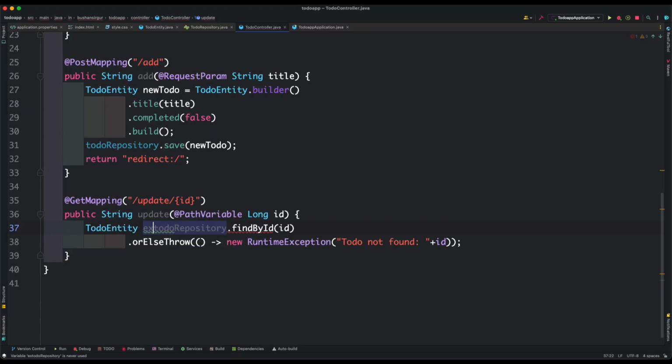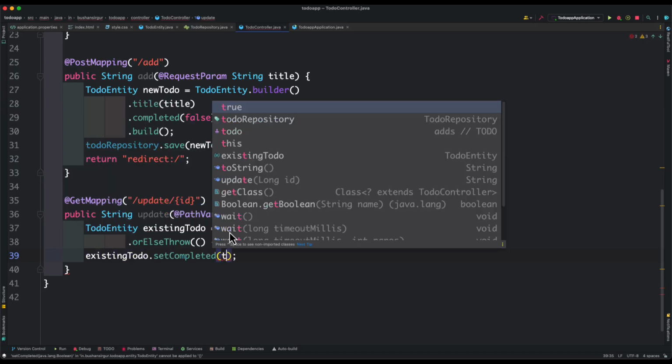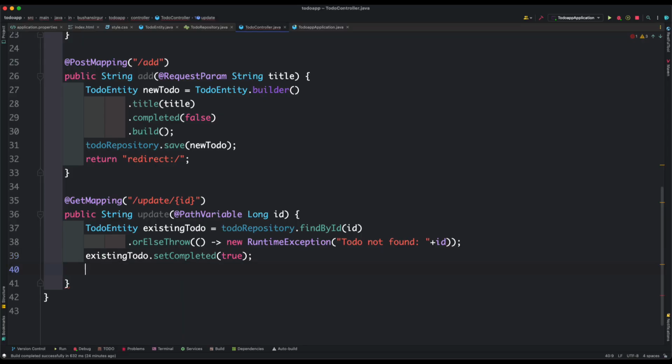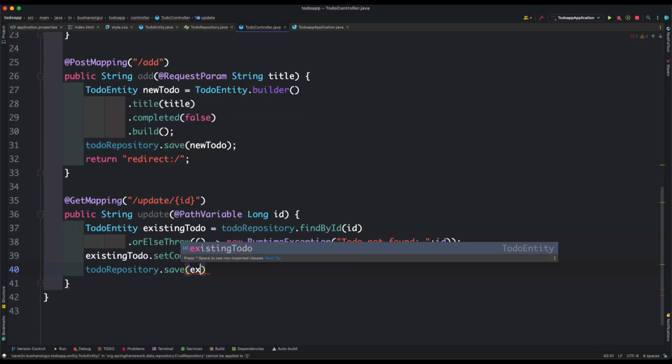I can call this existingEntity or existingTodo. Once we get the to-do, we need to set the completed property, existingTodo.setCompleted. I'm going to set this to true, and we can save this existing to-do back to the database. todoRepository.save(existingTodo),